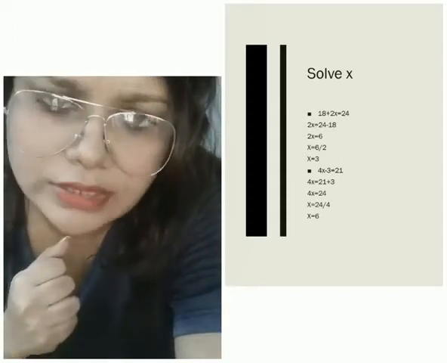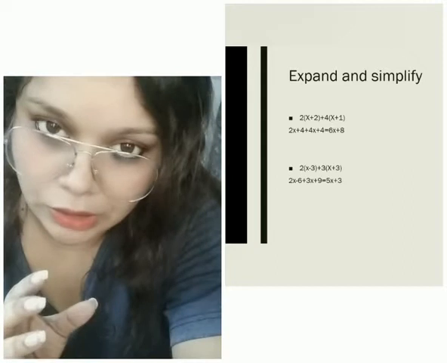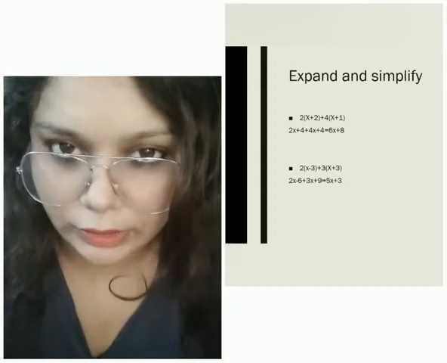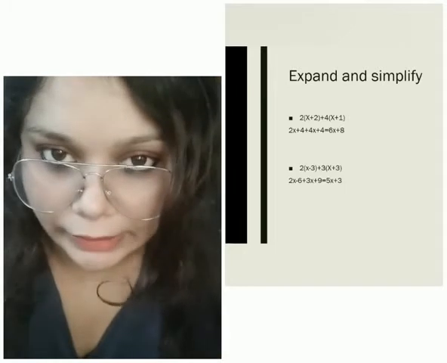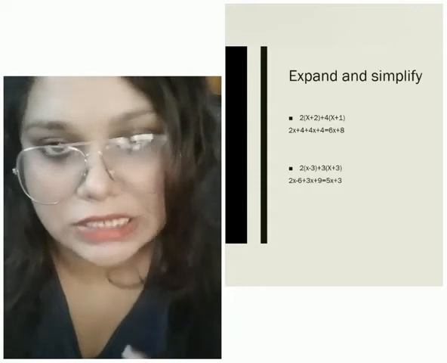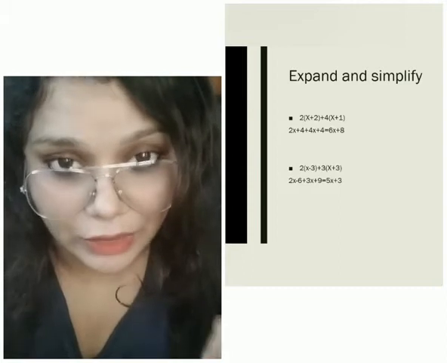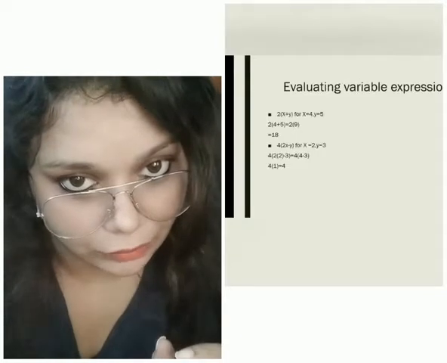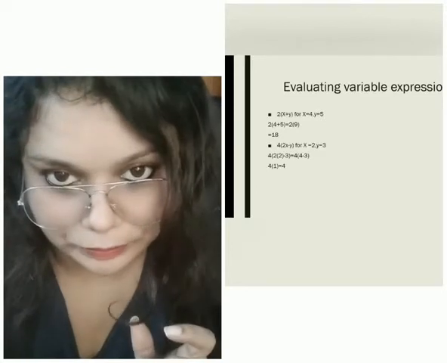And what is a constant? A constant term is nothing but a number which doesn't change. What is a coefficient then? A coefficient is a number which is multiplied or divided by a variable. For example, 6x plus 5. Here, 6 is the coefficient, which is multiplied to the variable x. So 6 is a coefficient.